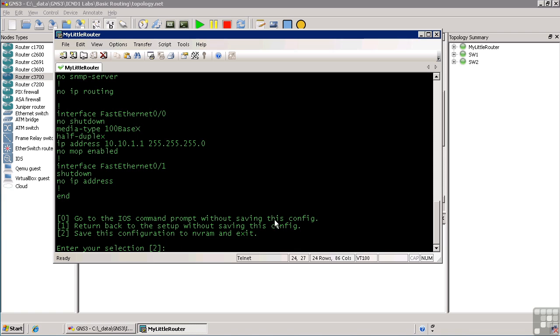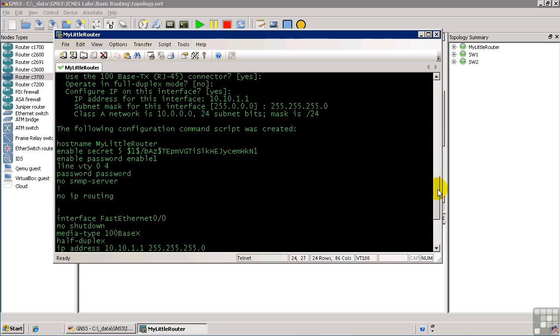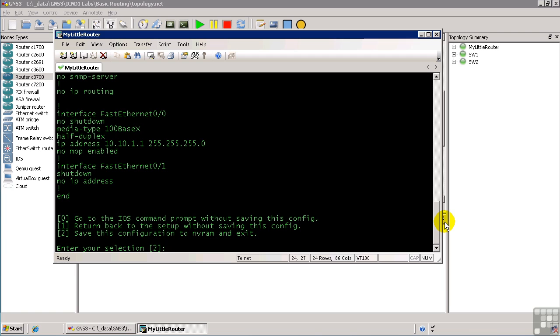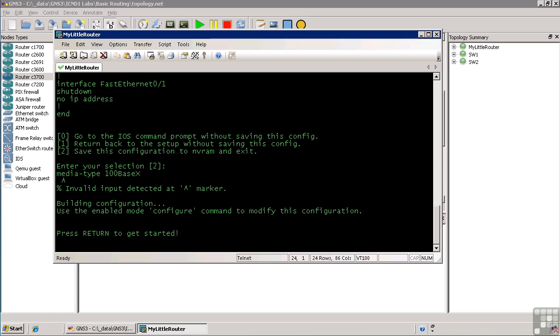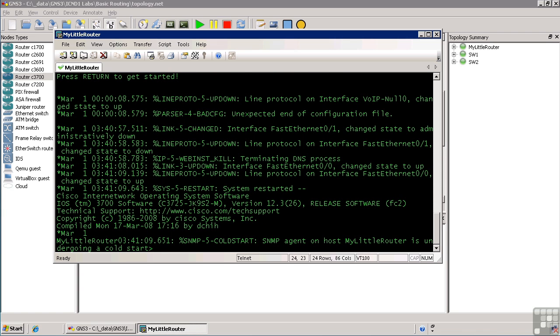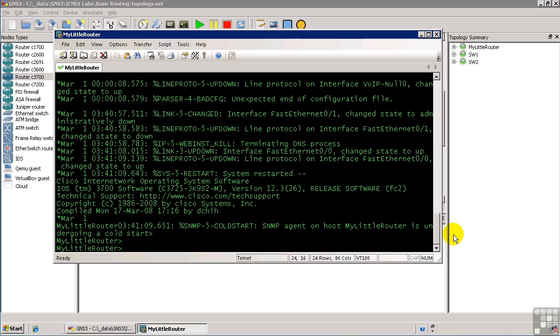And now is listed out for us the configuration that this little wizard has gone through for us. You can scroll back up and you'll see the host name, the enable secret, so on and so forth. It's basically saying, hey, is this good? Is this what you want me to commit to the router's memory? In this case, we'll say save the configuration to NVRAM and exit, which is the default, so we'll just hit enter. And after it builds the configuration, it drops us into the normal console prompt. We hit return to get started, and then it goes line protocol, so on and so forth. And it shows that we restarted the system, in this case about 3 hours ago, when I first started setting up this lab. And it drops us into user exec mode, as denoted by the less than sign there